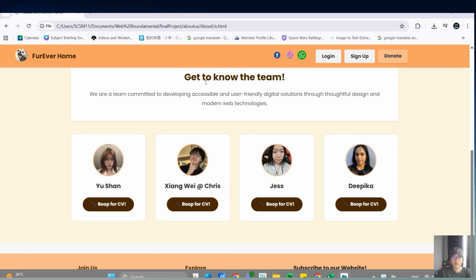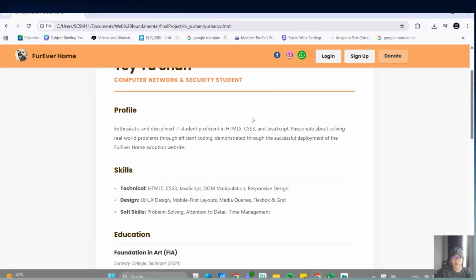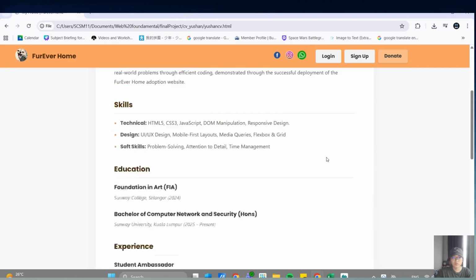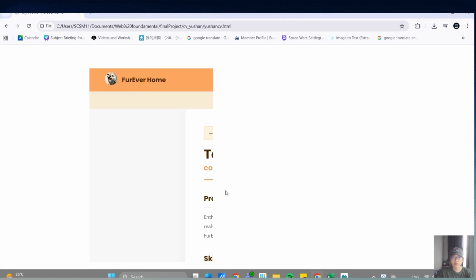So now I'm going to showcase our group's CV. This is how it looks like in the desktop viewport. And in the mobile viewport,